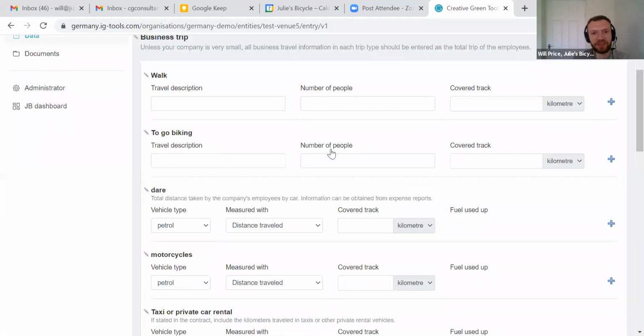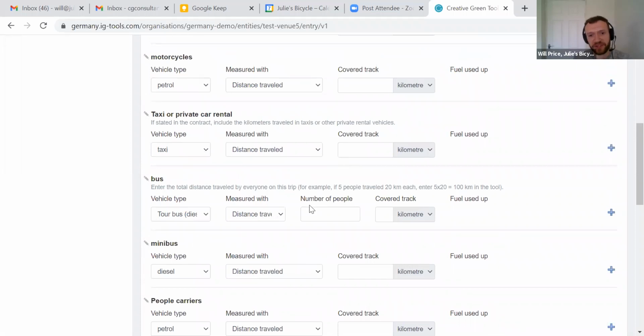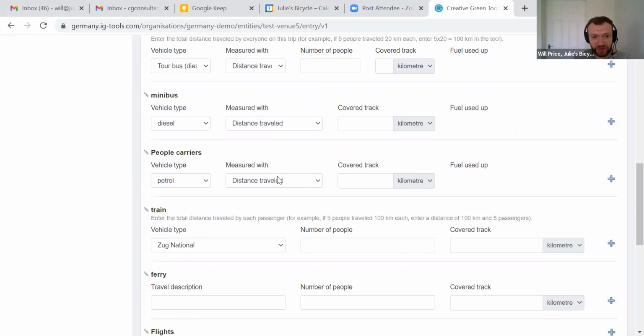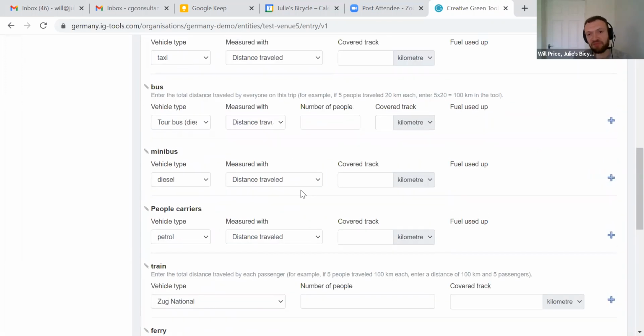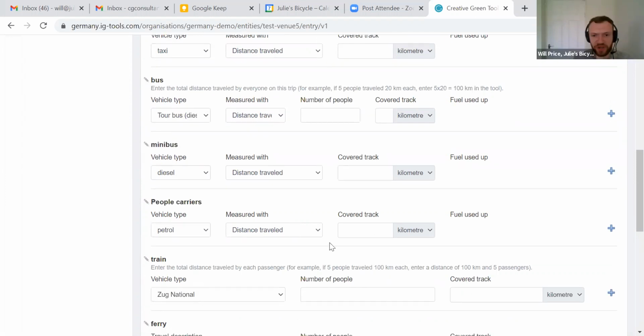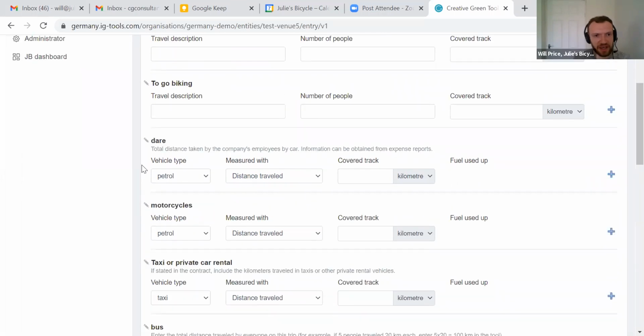And the way that this is listed is, again, similar to before, it's different vehicle types, and then really we're asking for the distance traveled and the number of people traveling in some cases. So in terms of the options here, again, you can switch between, say, kilometers and miles. Most of this is done by distance traveled, but there is an option for